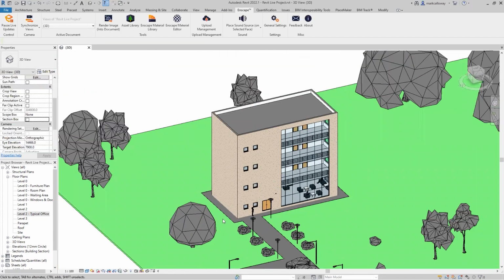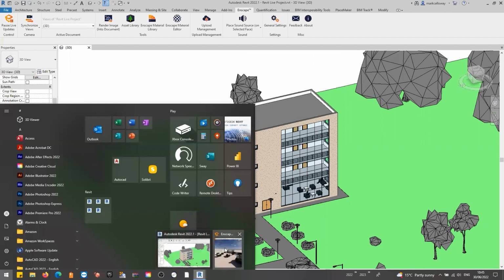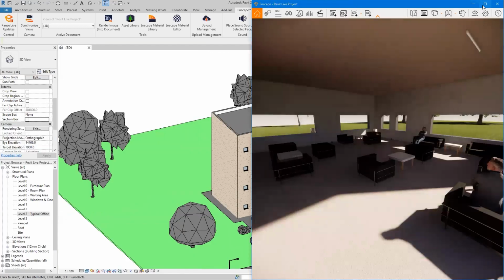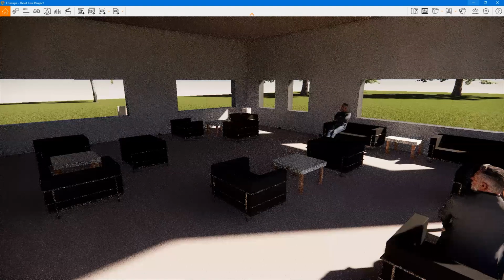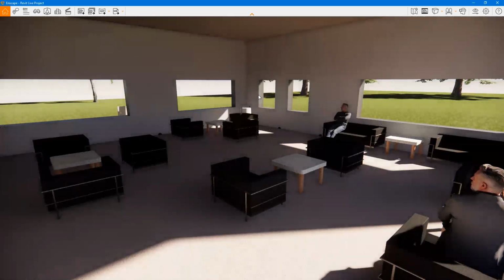Okay, and again, if I can jump back into the Enscape window and we'll make that full screen now that we're seeing it working live with Revit. So we have a variety of outputs and we have a number of settings as well to control the quality and the environment for these